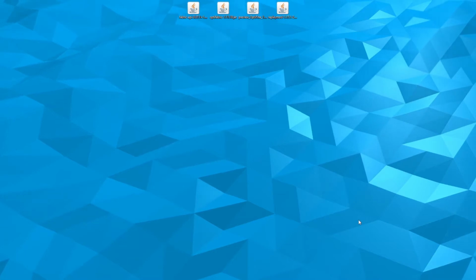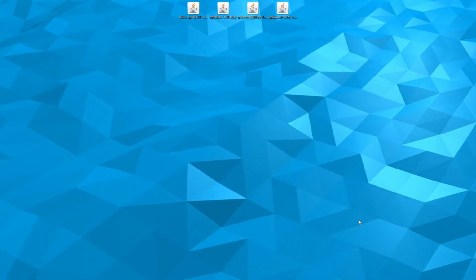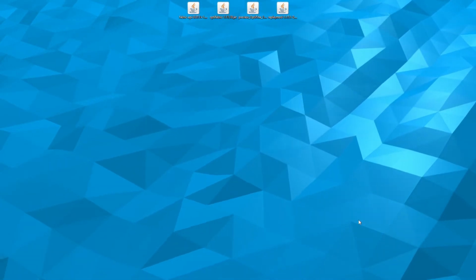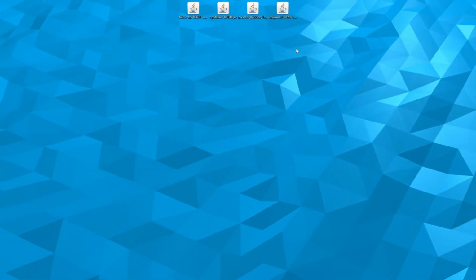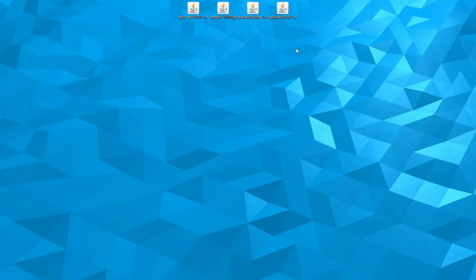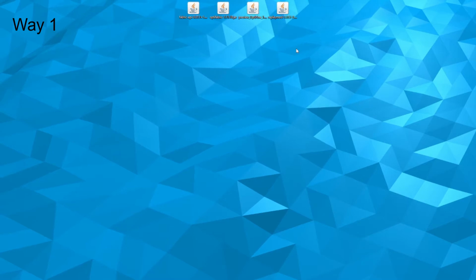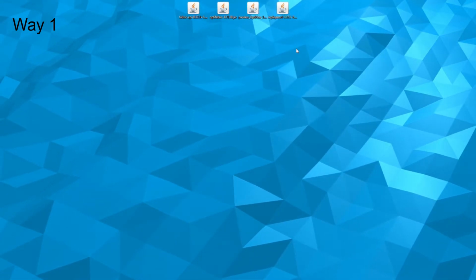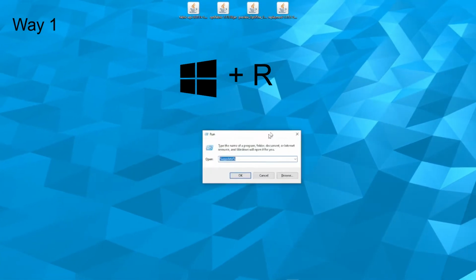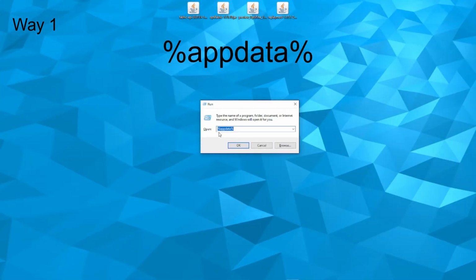Okay, there's a reason why you needed to launch Minecraft quickly. Because now you have a mods folder where the last programs, all that you can see up here, will need to go in. To get to that folder, there are two ways, and I will show both of them. The first way is through your run command. To get to that window, just press Windows R, then you will be prompted with this window. And in here you type